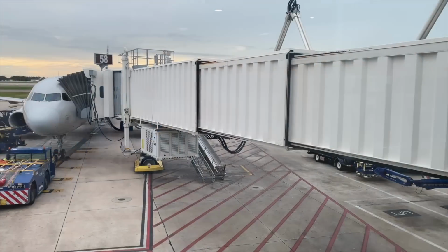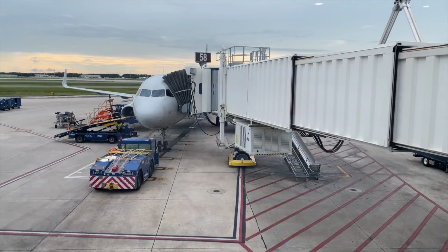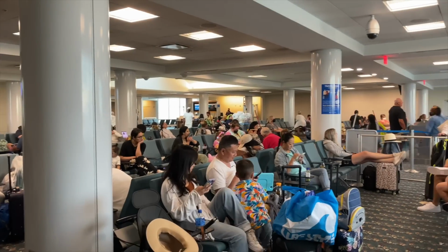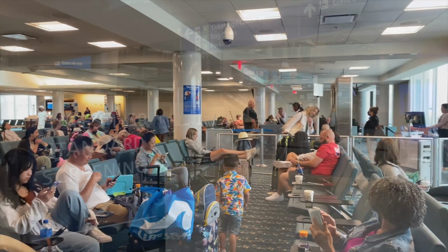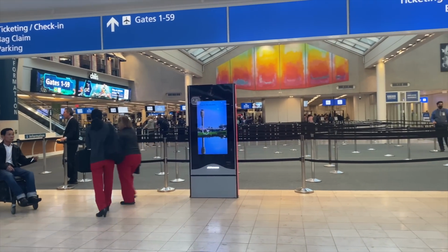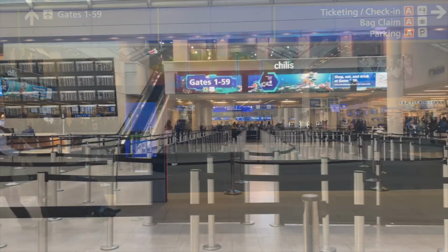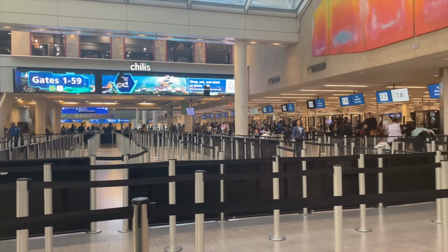And of course, checking in early through your phone means you don't have to worry about all the hassle of checking in once you arrive at the airport. But if you're busy enjoying your last Disney day, you might wind up forgetting about your flight check-in altogether. Or maybe you're just blocking it out because you don't want to think about going home. So be sure to set an alarm on your phone or set up push notifications from your airline's app ahead of your trip so you'll be reminded when to check in for your flight, even if it accidentally slips your